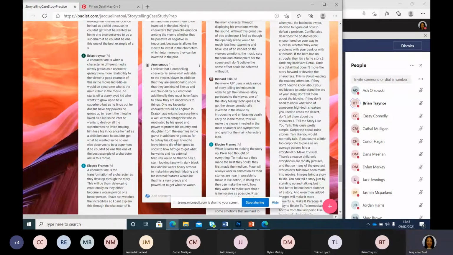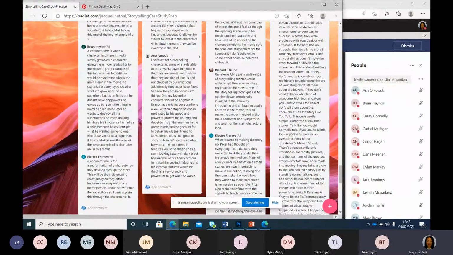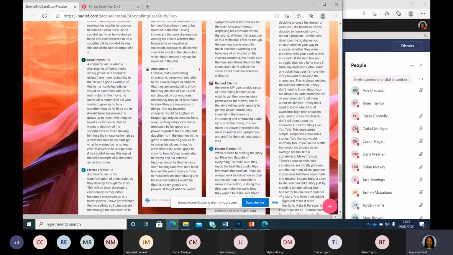I suppose like your main good guy character that everyone will really want to follow or engage with in a movie or an animation. And this is a game. This is Dragon Age Origins. It's a game. Yeah, I think it's one thing I could do with playing more games.